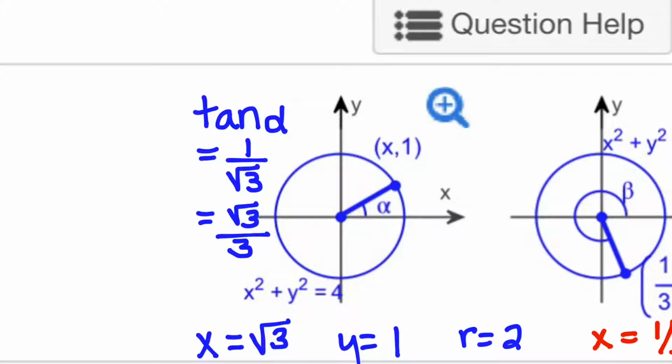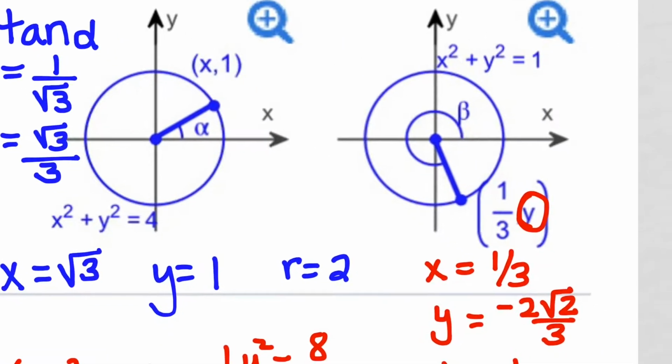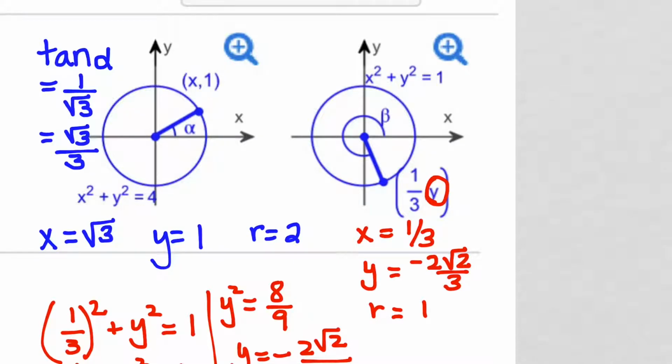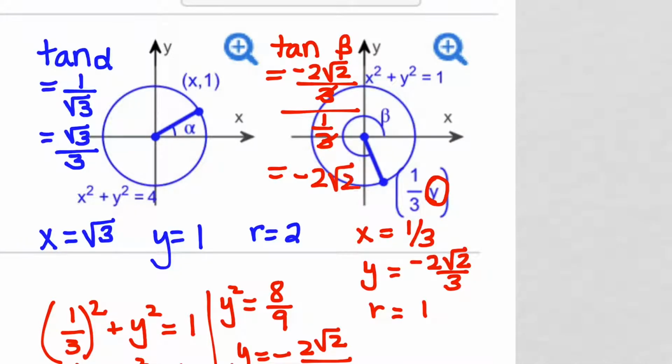So that's a little simplified or rationalized, whichever way you want to talk about it. Now how about beta? The tangent of beta is negative 2 square root of 2 over 3 divided by 1/3. So the 3's are just going to cancel, and I just get negative 2 square roots of 2